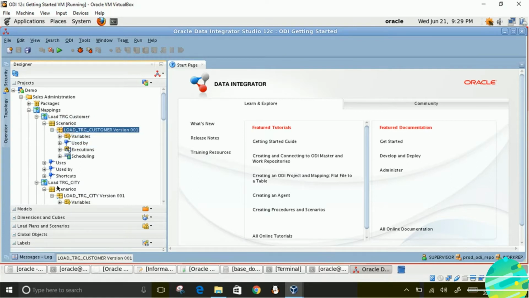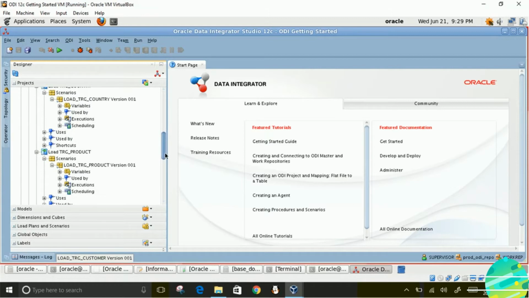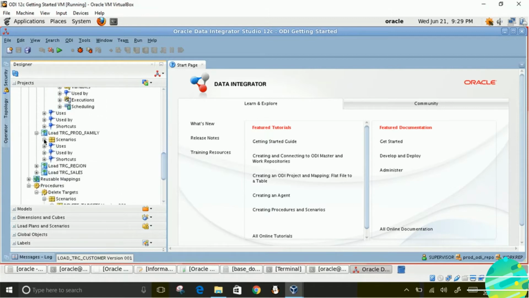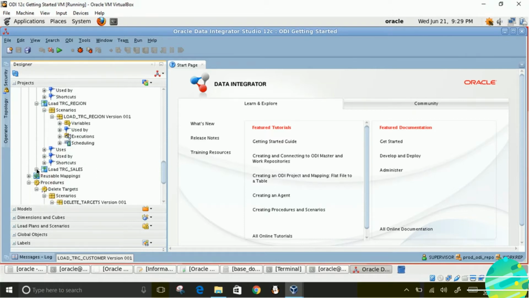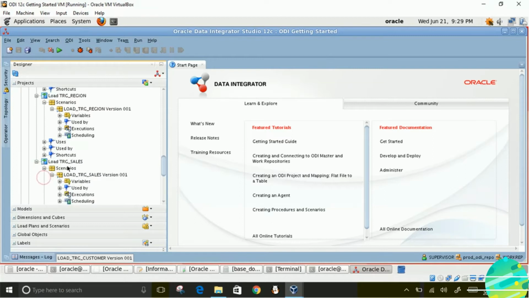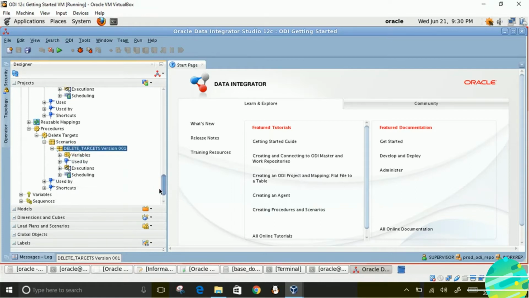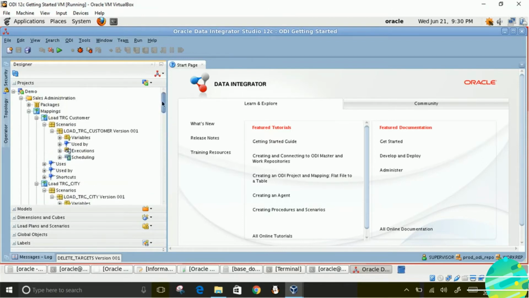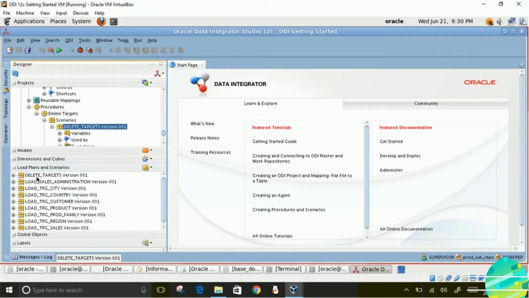Load TRG customers has scenario, load TRG city has scenario, load TRG country has scenario, product has scenario, product family has scenario, TRG region has scenario, and TRG sales has scenario. And procedure, yes, it has scenario. This is one way of ensuring that all your components has scenario generated for it. Other way is you can directly go to this section, load plan and scenario, and all your scenarios are there.